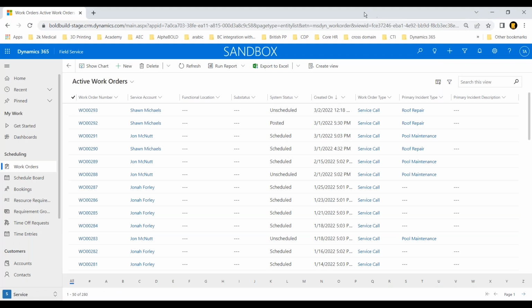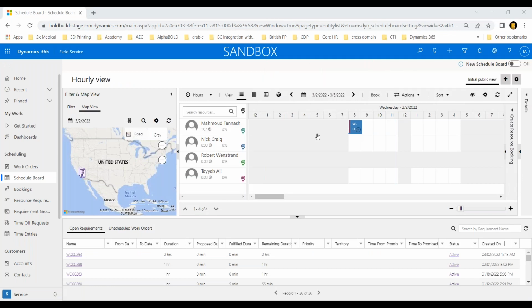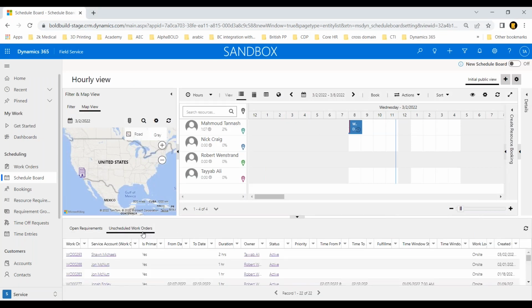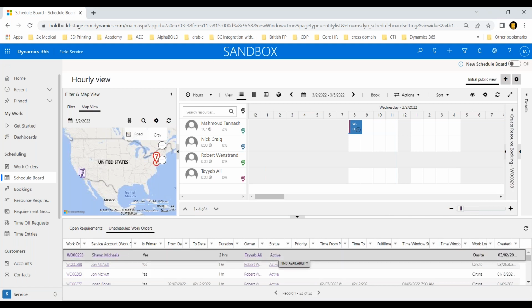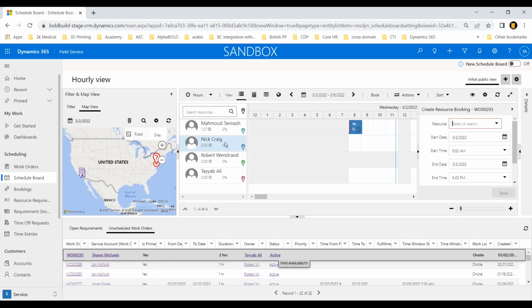if I want to dispatch someone for roof repair. So what I'm going to do is I'm going to open up this schedule board. So I have it open already in here. So this is my schedule board, and I go to my unscheduled work orders in here, and I click on this first one. And you see how it's really cool. It tells me on the map where Shawn Michaels' site location is. And I can pick from these 4 technicians that I have, anyone, so that I could assign it to them. So I pick myself, and I'm picking myself because then I can show you how the field guy will actually be able to go and work on this. So I say, okay, I want to book this guy. So I'll book him. For this, it's going to create a booking for this work order.